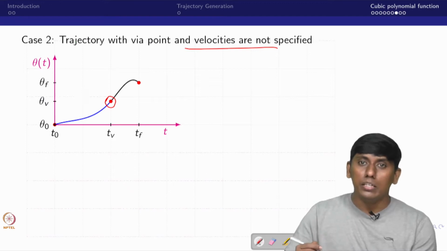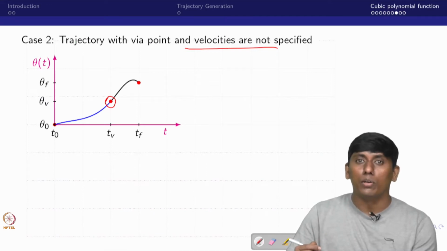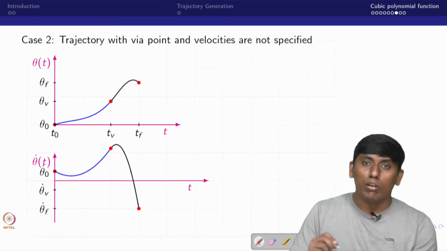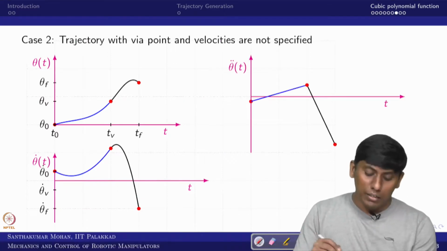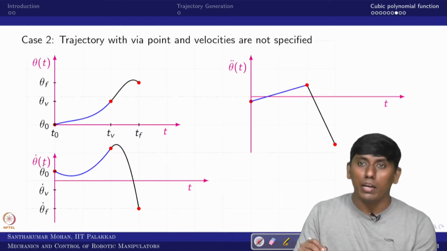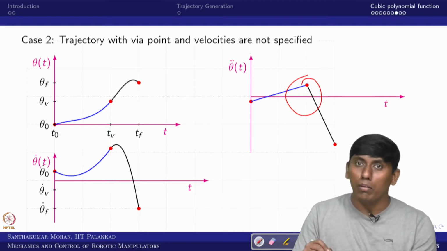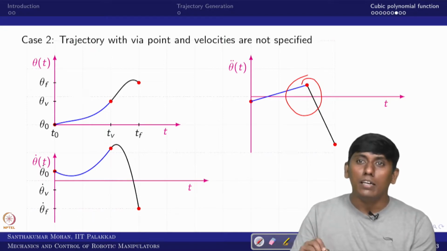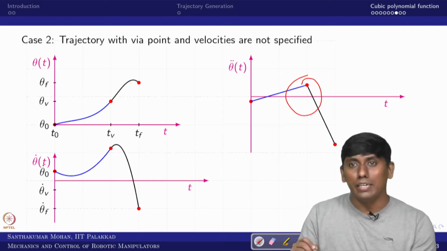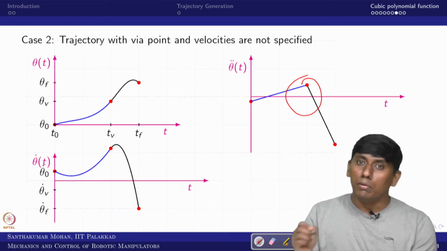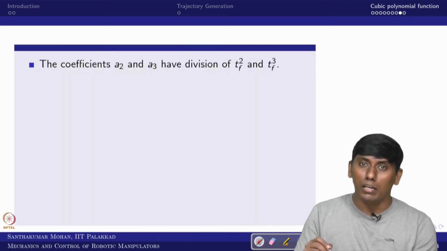I will show you in the simulation how these variables are generated. Now based on this, you can see the velocity is smooth enough, and even the acceleration has no discontinuity. So this is what we call a cubic polynomial with via point. Now we'll see how the cubic polynomial is used in real time. In real time we usually use a nested form. Before going to the nested form, we can see one more constraint.